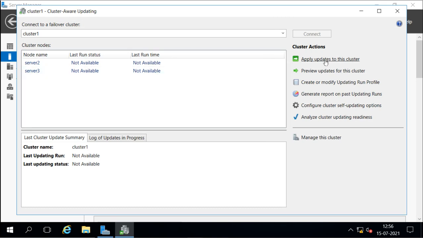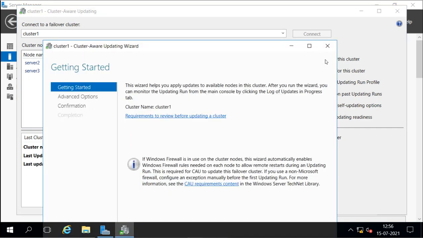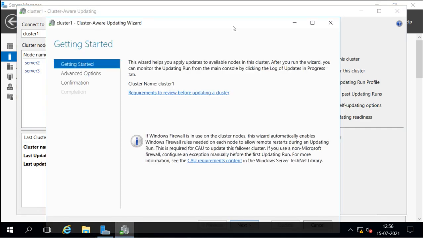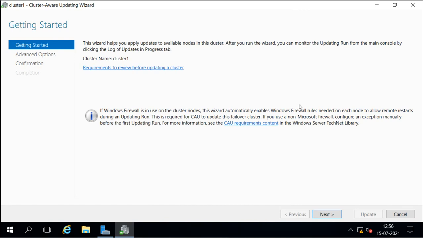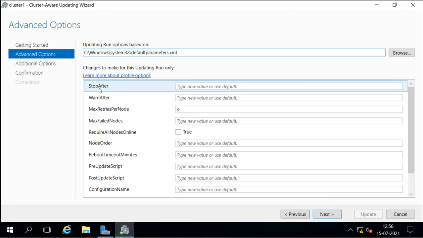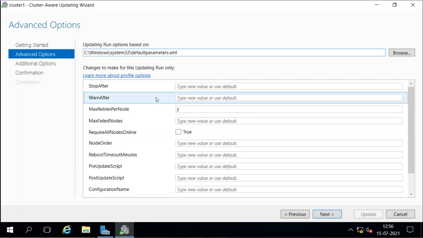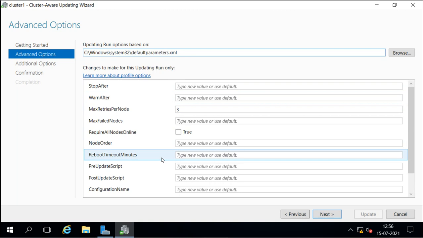If it is connected to the internet, then we can go on to configure the update here. We can go for updates here, you can see the requirements before updating the cluster. We can select the updating run options based on this. It is going to run from this parameter, you can configure the parameter, it is going to save here, and based on this parameter it is going to update.